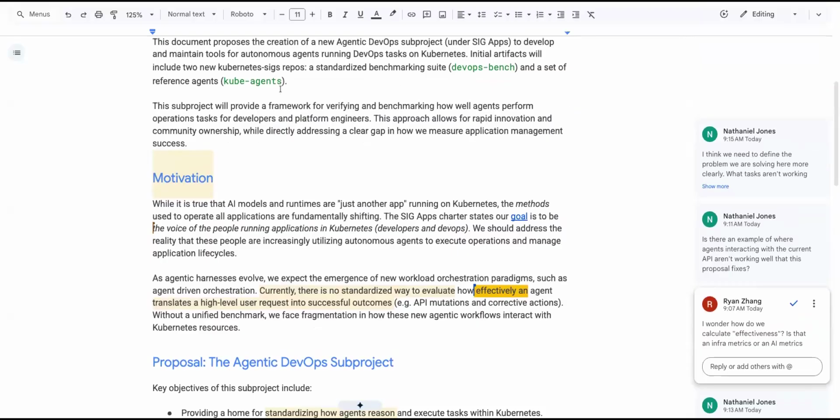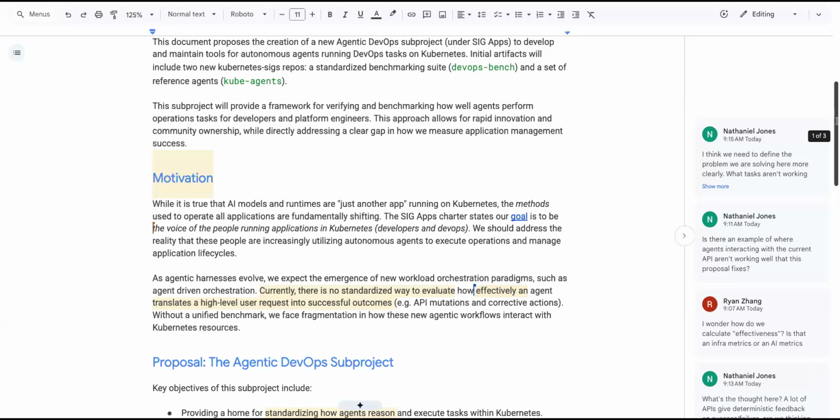Absolutely. My bad that I've not included the link to the DevOps bench repo right now, but I will after this call via Janet. There we do have the tasks as a subfolder where folks can see what tasks we are evaluating against, and it's open to contribution. And we do have the skills that are used to evaluate each of these metrics, and also our LLM-as-a-judge that we use for actually running through the evaluation logic itself.